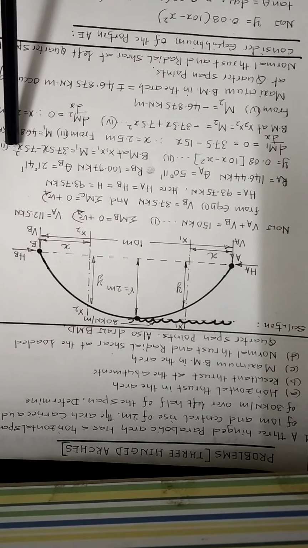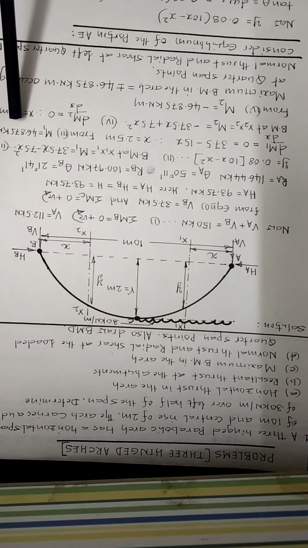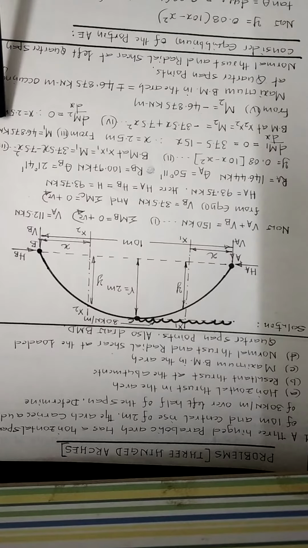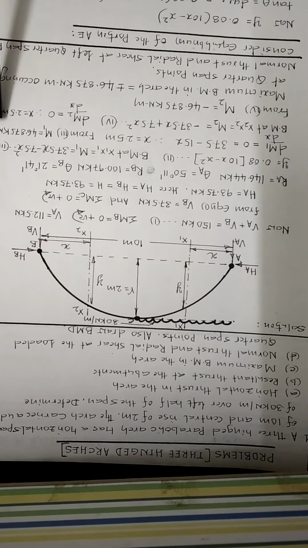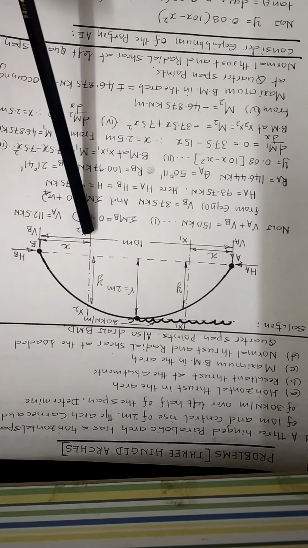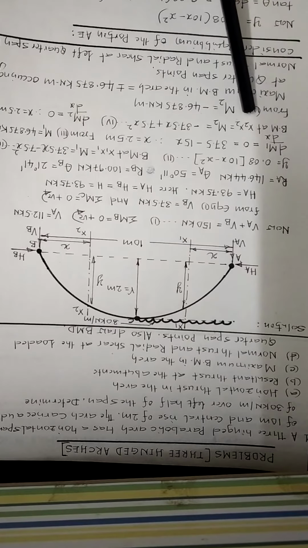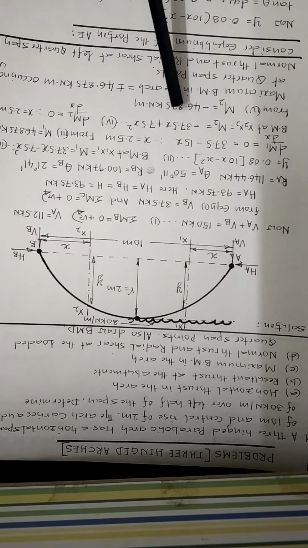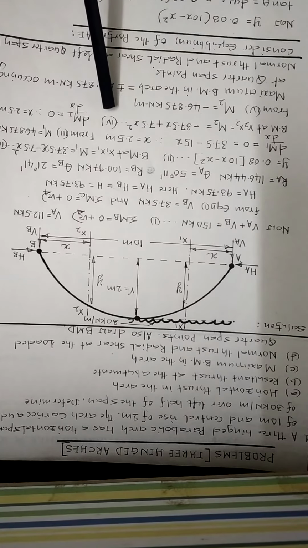Substituting that value in equation 3, calculate the magnitude of bending moment. M1 is equal to 46.875 kilonewton meter. That means in the portion AC, the maximum bending moment is occurring at quarter span point. That value is 46.875 kilonewton meter. Similarly, write down the expression for the bending moment about the section x2 considering the portion B to x2, that is given by bending moment at x2 is equal to M2 is equal to minus 37.5x plus 7.5x squared. Call that as equation number 4.